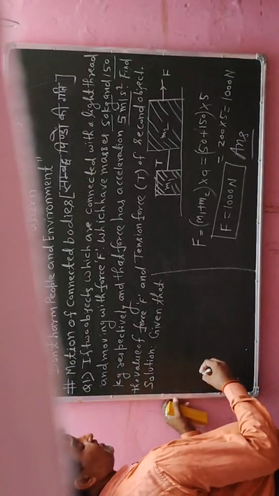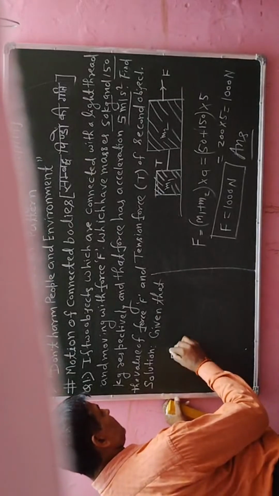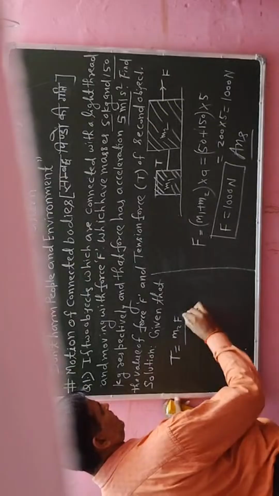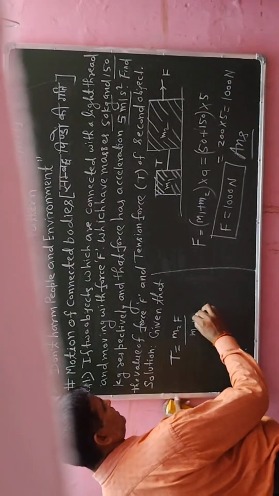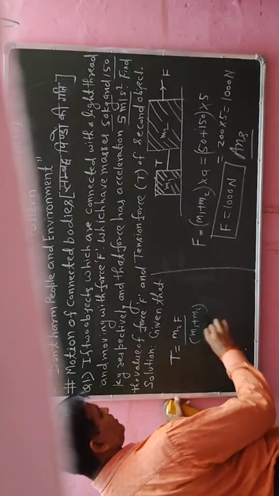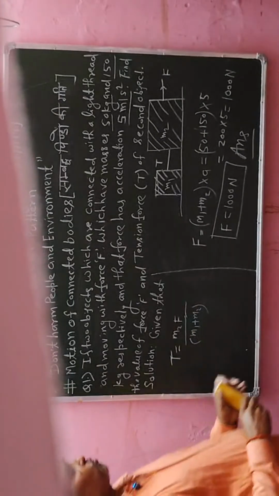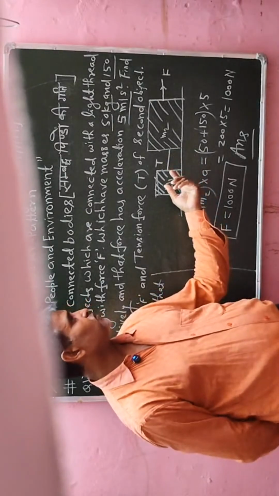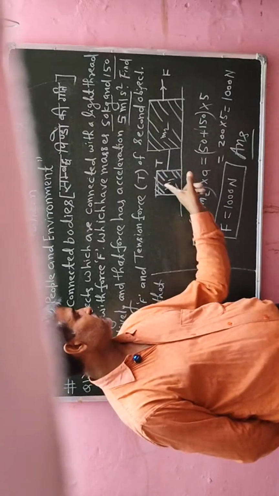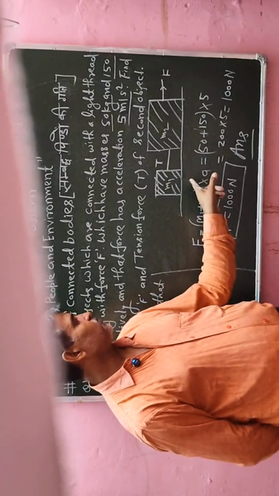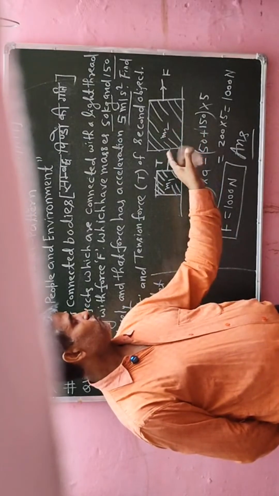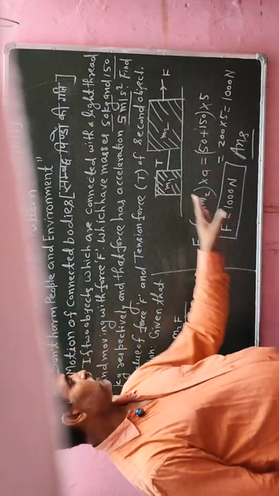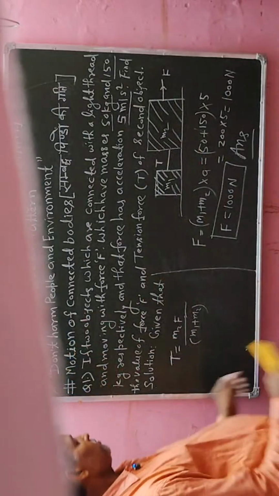रिमूव करने के बाद, अकॉर्डिंग टू न्यूटन सेकेंड लॉ ऑफ मोशन हम कह सकते हैं टेंशन T होगा m2 इंटू F डिवाइडेड बाई m1 प्लस m2। जब दोनों ऑब्जेक्ट को सेपरेट करेंगे तो प्रत्येक ऑब्जेक्ट पर हम फोर्स को कैलकुलेट करेंगे। तो फोर्स टेंशन T बराबर m1 इंटू F डिवाइडेड बाई m1 प्लस m2 और इस पर F माइनस T इज इक्वल टू m2 इंटू a। जब इसको सिंप्लीफाई करेंगे तो हमें एक वैल्यू मिलेगा।